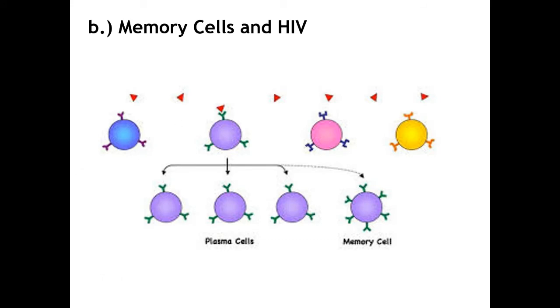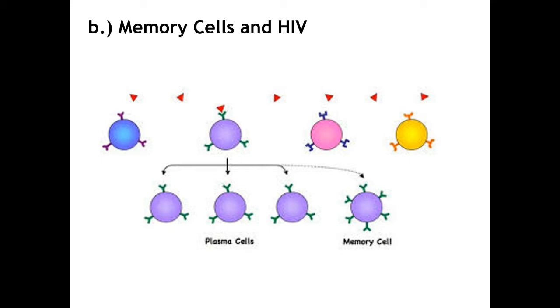So memory cells. We have heroically defeated the invader at this point. We've produced our B and T lymphocytes. We've used our non-specific immune system to destroy it. But what next? Do we want to have to go through that massive kerfuffle of working out what's happening, mounting a response, and slowly building our clonal populations of lymphocytes again? I would say no. So instead, what your body does is some of these lymphocyte cells are able to survive